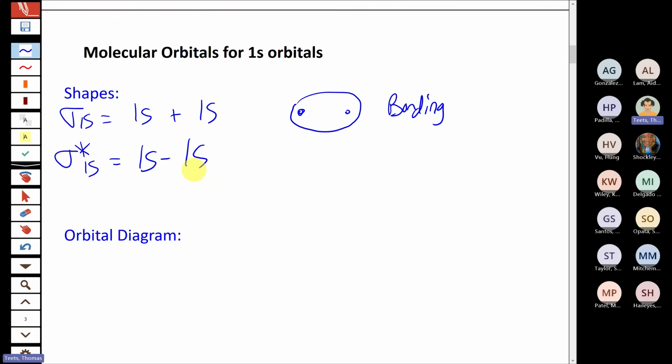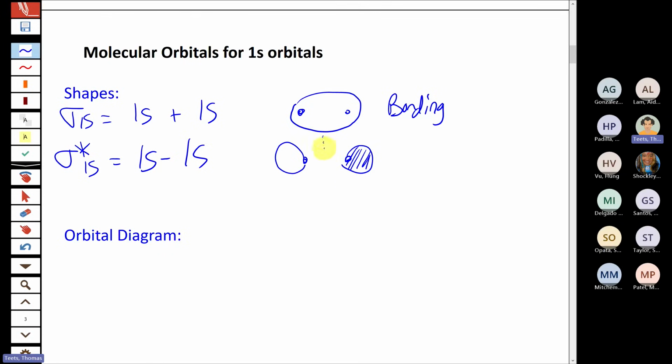Now, what that looks like here is that the greatest electron density is going to be outside the nucleus, and because the two orbitals are added out of phase, you're going to have one phase there, opposite phase on the other side, and a node in between. So as we talked about in abstract last time, when you populate antibonding orbitals, that would result in weakening the bond. But with 1s orbitals, that's really all you have to worry about because there's only going to be the in-phase and out-of-phase combinations. Nothing else would be possible if you're just talking about a pair of 1s orbitals.